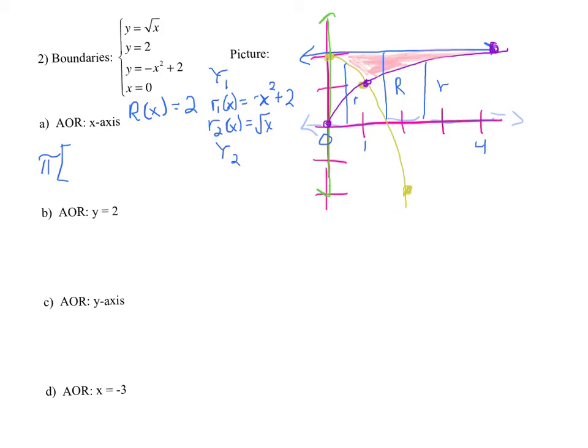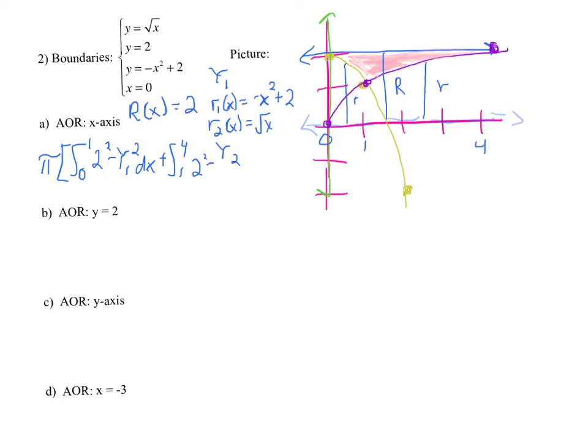So we're going to take the integral from 0 to 1 of 2 squared minus our first r, which is our y1, dx. And then we're going to add the integral from 1 to 4 of 2 squared